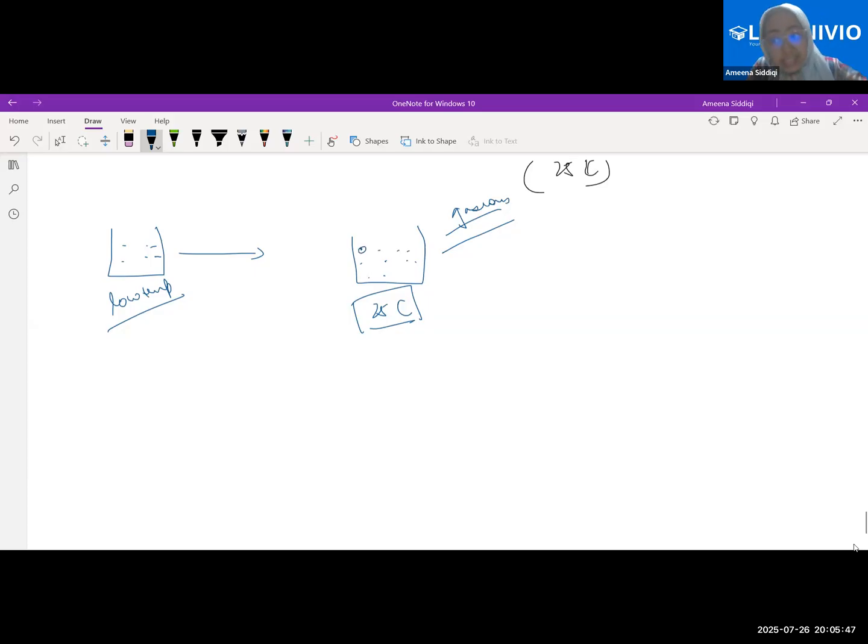These gaseous particles actually transfer the energy to the particles which are inside the container. We are not concerned with that state. Whatever state it is, the particles inside the container will just want to gain energy so that they are at a temperature of 25 degrees Celsius because they have been kept at that temperature. Is it clear?